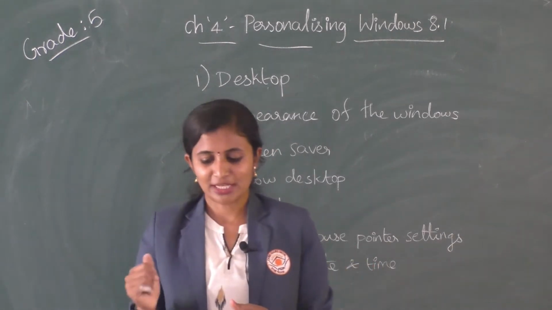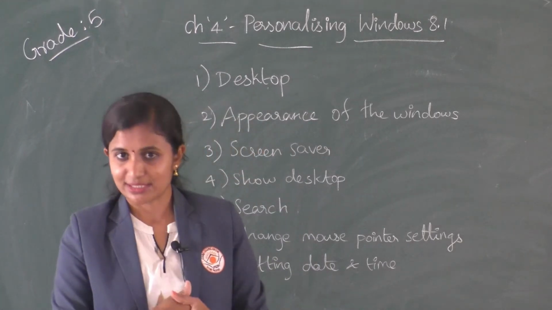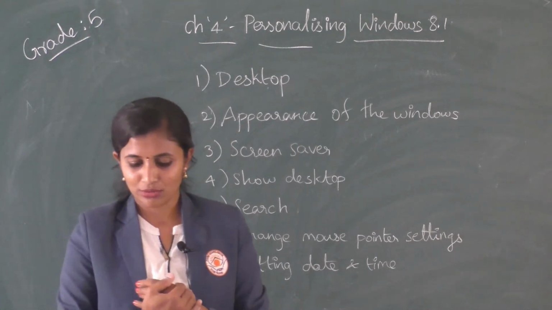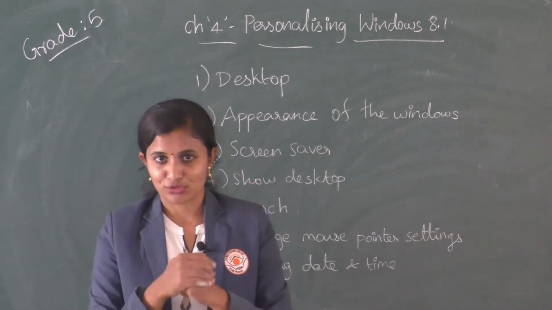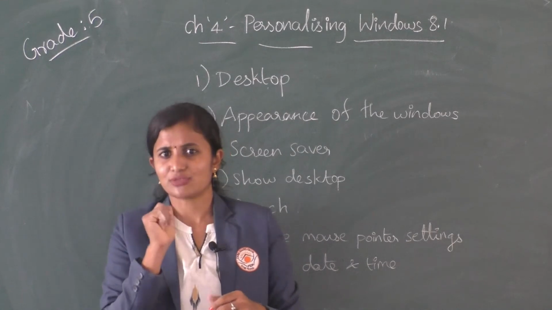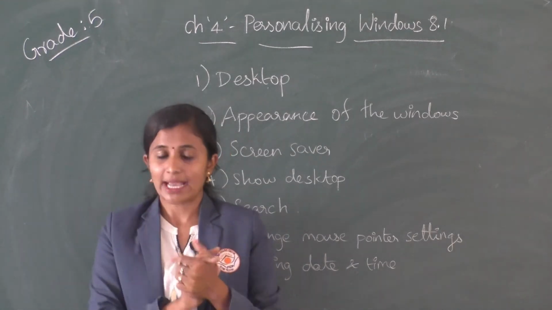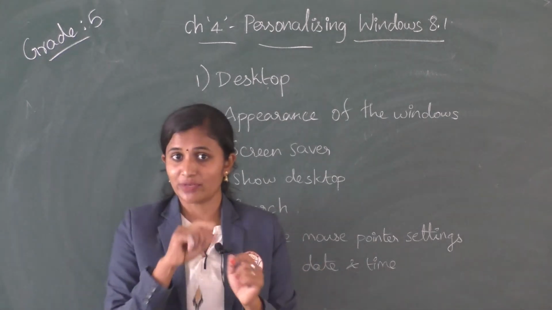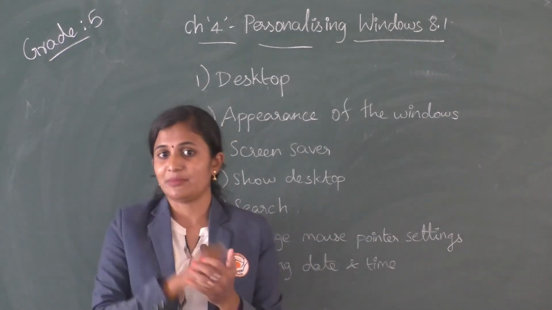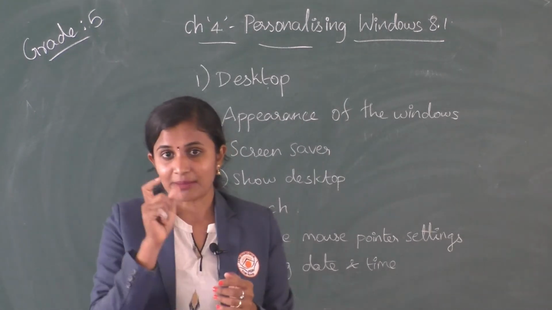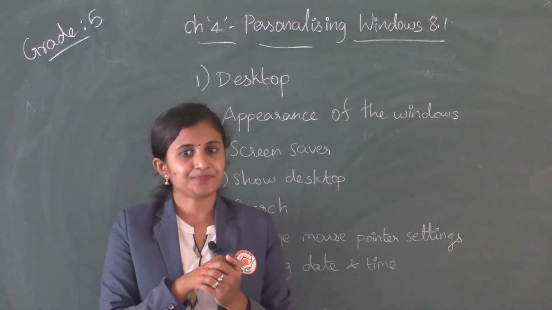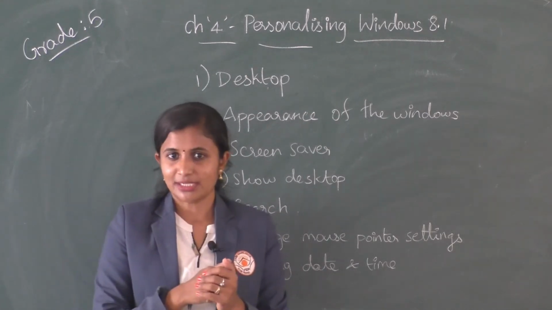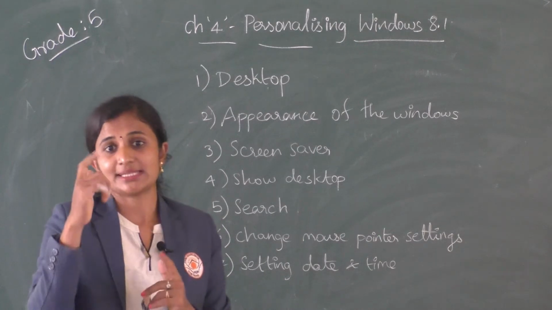Yes. So the first thing we saw was the desktop. In the desktop, we need to change the desktop background. We can see icons on the desktop. Many small pictures will be there, and those pictures are called icons. The next thing we saw was the taskbar. At the bottom of the window we can see the taskbar, where the start button will be. What is the use of the start button? We can see many files in the start button, where we can see whatever we need to work on.